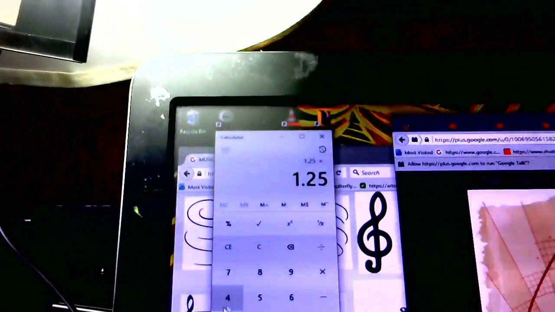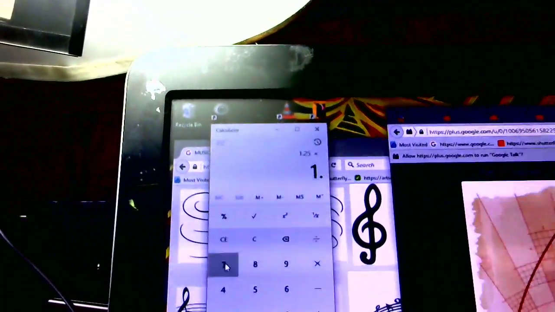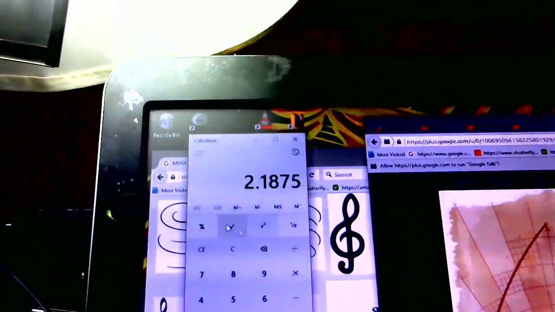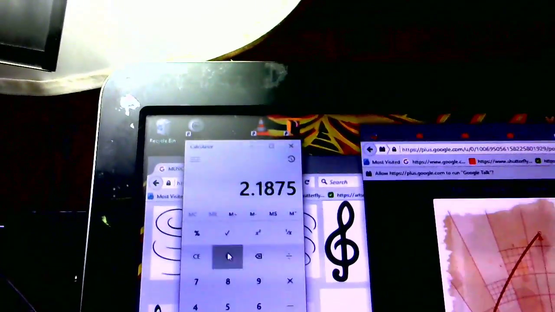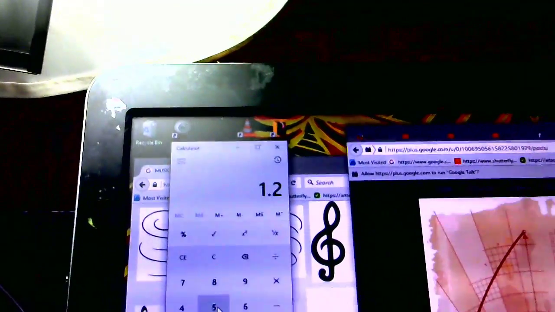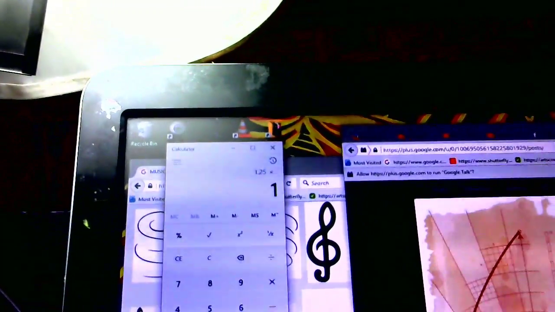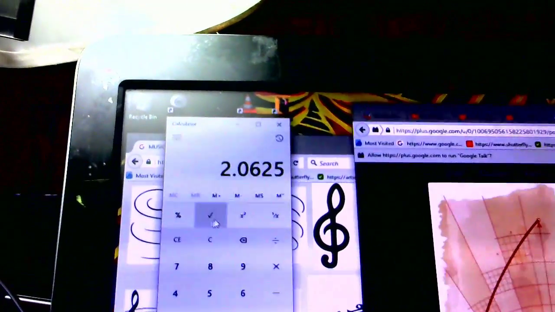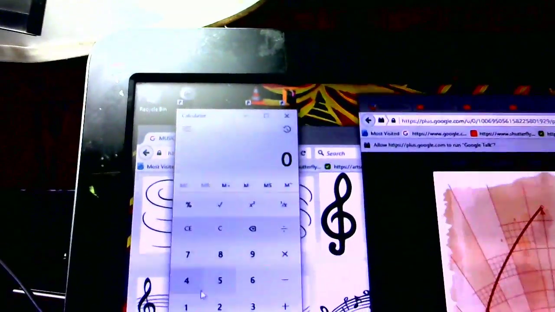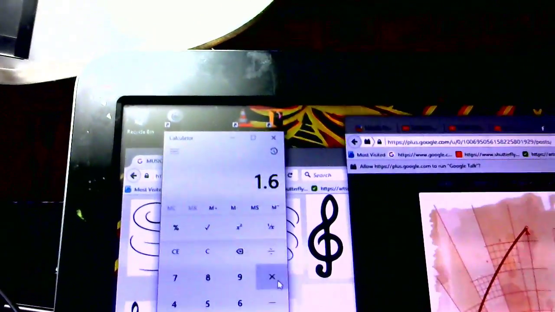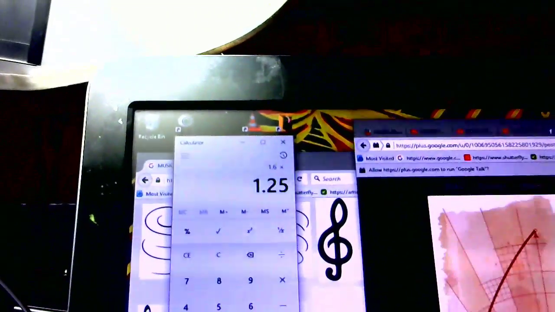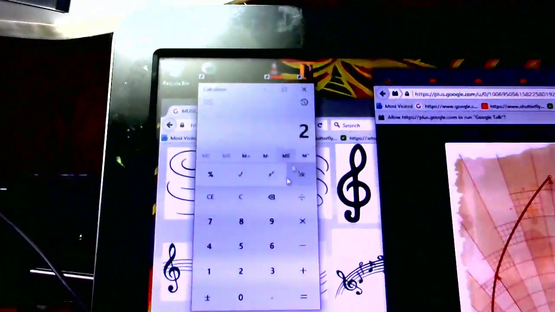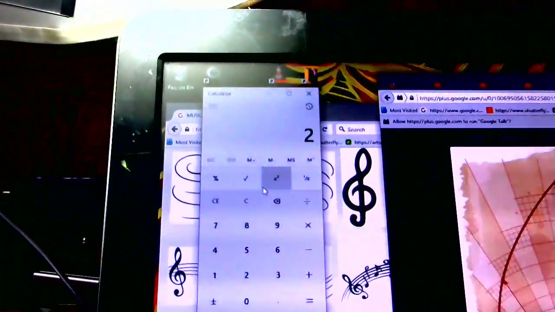1.25 times, let's do it easier, times the value 1.75. See, the 75 is what's missing? Will equal to 218. So that's not good. Okay, let's clear it again. 1.25 times 1.65. It's even too much. So it's almost 1.60, right? 1.6 times 1.25 equals to exactly 2. So it takes 65%, 1.65, over the 1.25 to bring it even.